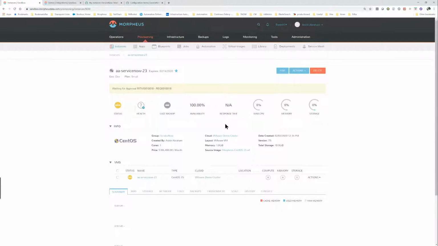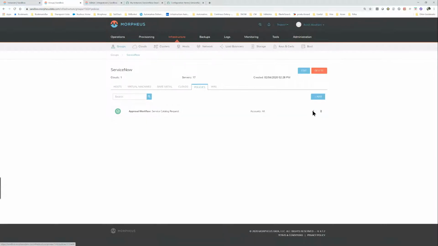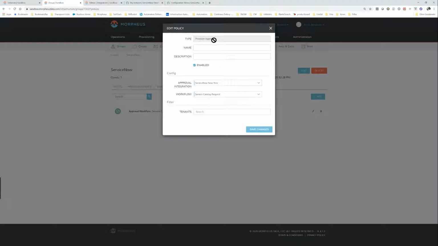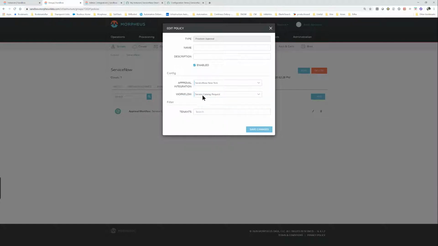What I can do in the interim, while we are doing this, is show you what that policy looks like. So now what Morpheus is doing is it'll wait for a minute and do an API call again to ServiceNow to check if this RITM is approved or not. In the meantime, let me show you the policy. So if I edit this one, this is the approval policy. The type is provisioning approval. And I am using my ServiceNow New York integration. The workflow that I selected was called service catalog request. So this workflow will be triggered